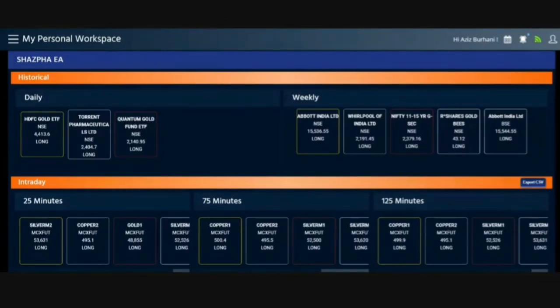125 minutes. These you will eventually see in the RT Auto Trade Scanner when they are ready, when they are within the range, when all our parameters of risk and the price being between the peak and the trough, that is between the zone, are met. That is the time it will graduate to the RT Auto Trade Scanner. So again, a lot of confusion here. People ask us often, what is the difference between SHASPA EA and RT Auto Trade Scanner? So these stocks, when all the other parameters are met, will actually go to the RT Auto Trade Scanner. You will see these scripts in the RT Auto Trade Scanner. So that is the SHASPA EA for you.